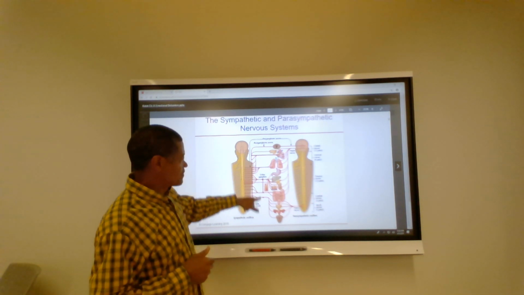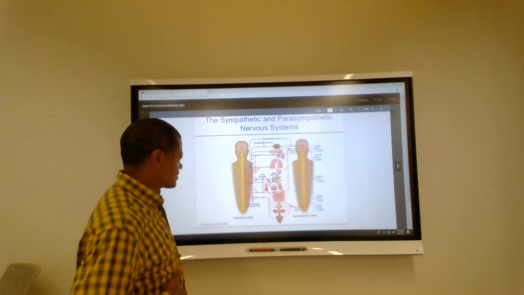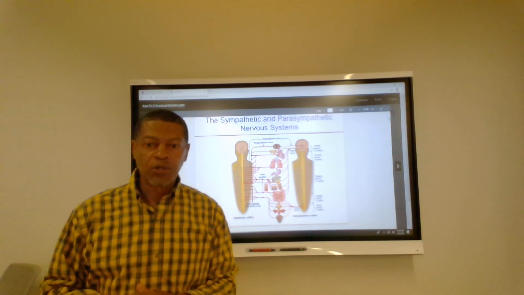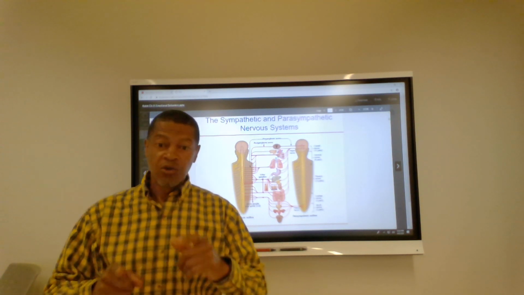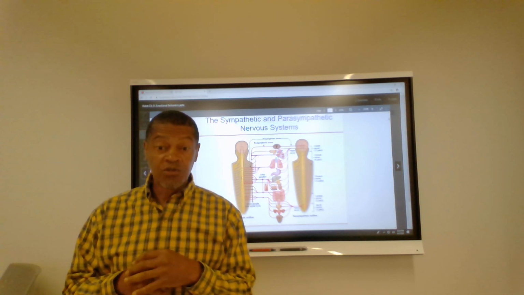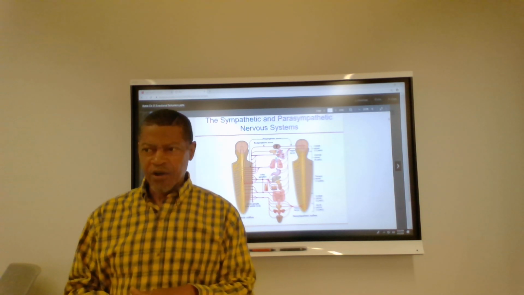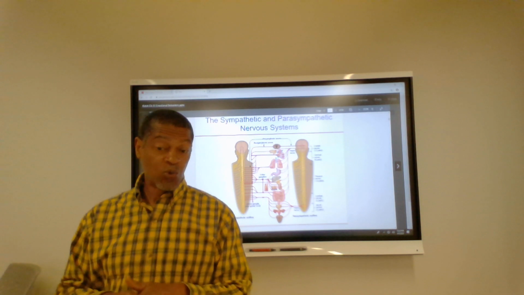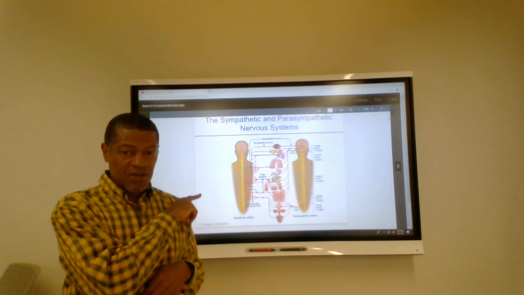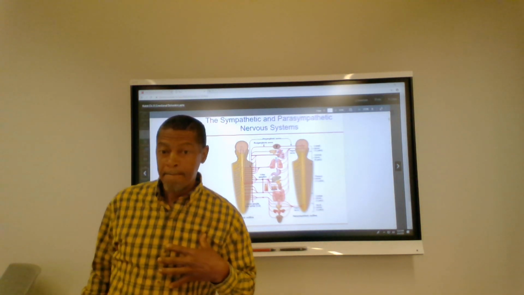And here's a description of the organs that it talks to: the heart, the liver, the intestines, lungs. So all these particular organs are being innervated by the autonomic nervous system, controlling your organs without you even thinking about it. So emotions can sometimes be out of control, and then your organs aren't working properly. And as we see toward the end of this chapter, we start dealing with stress, how this system being overexerted, too much activity, can cause a problem in your body.